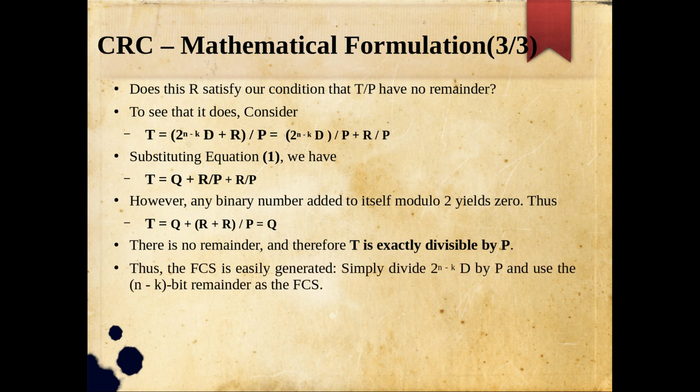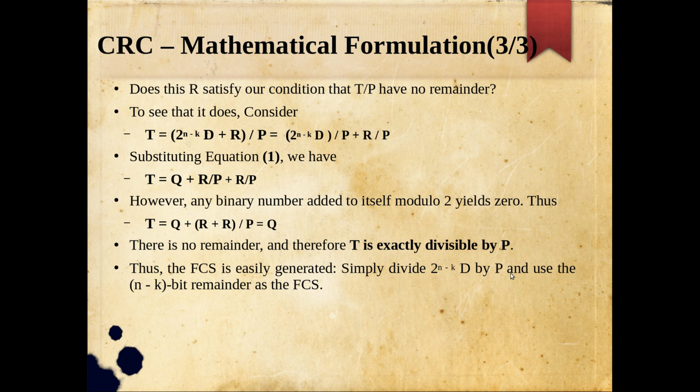Okay, so this frame check sequence is easily generated. Now you can simply understand this as a process. No need to worry about the mathematical things. I explained it just for your understanding. Mostly the questions that come will give you a problem where the original k-bit message is given and a pattern is given. So this is a normal kind of problem, or some variations of that.